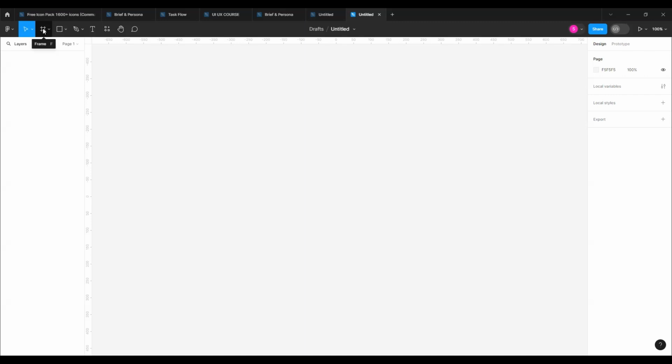Let's start with the frame. This is a frame tool. When we click on this frame, you will see on the right side of the screen different frame types. For example, we have phone, and when we click on phone, we have different mobile phone models, iPhone models, and